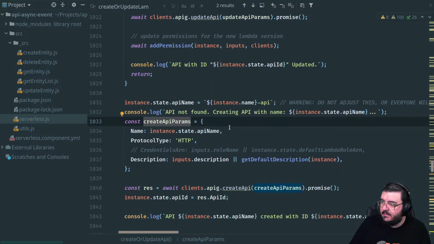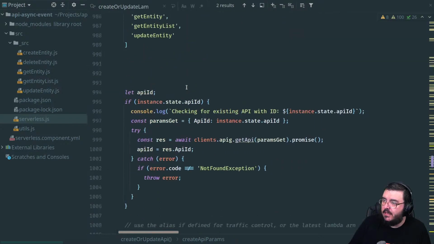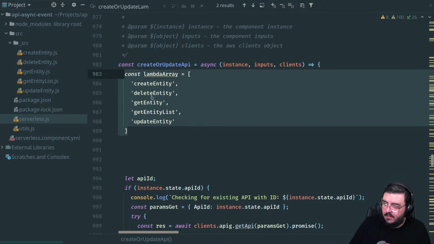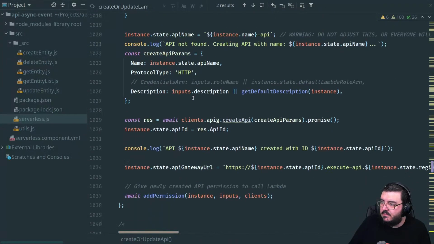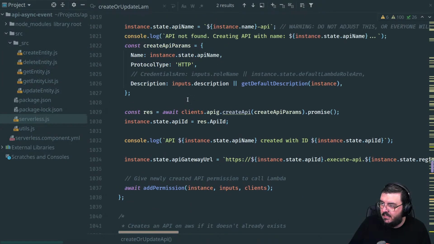What I need to do is... Actually, no, I'm doing it right. Sorry. After this create, we've got our... I'm going to move this down here so it's referenced a little bit closer to where it's actually used, just to make it clearer that it's used down here where the API is created.